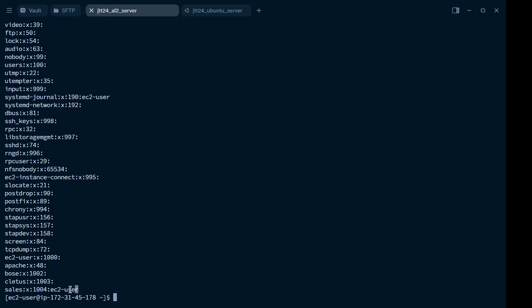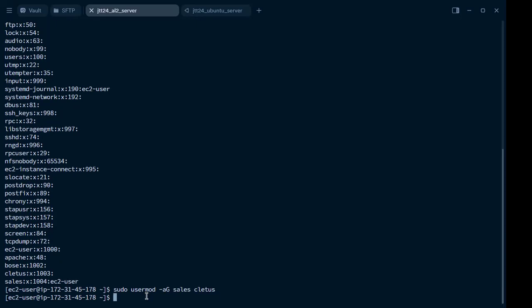And EC2 user is a member of sales group. Can we also add other users like Bosse and Cletus? The command does not change. Sudo usermod flag lowercase a, uppercase G, the name of the group, sales, the name of the user, Cletus. Can also do that